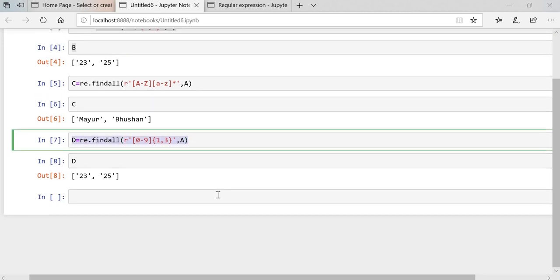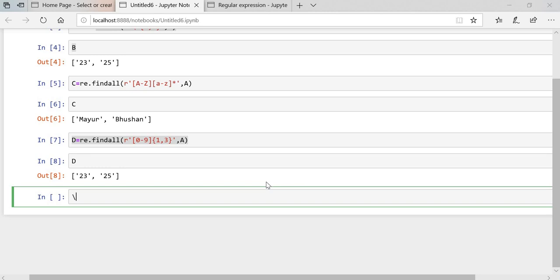Okay, one more thing, slash w. Slash w is used to fetch integers or strings as well. So 0 to 9, capital A to capital Z, small a to small z, we can fetch with only one, that is slash w.